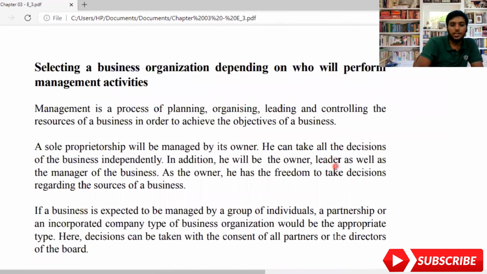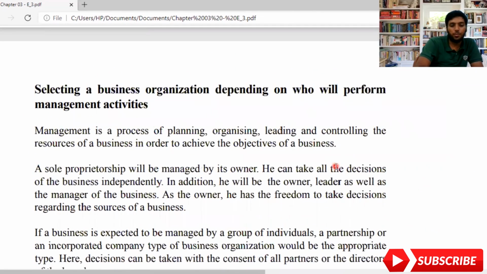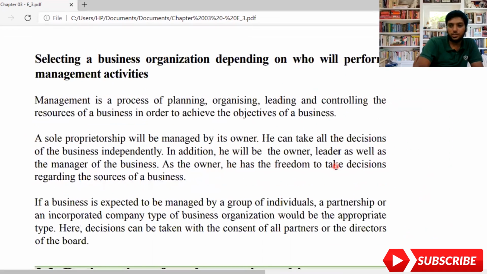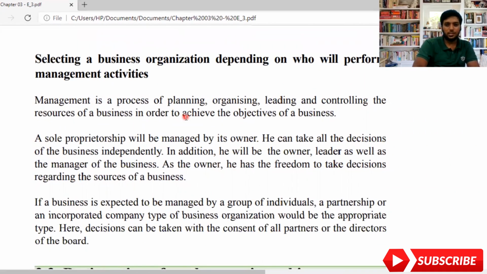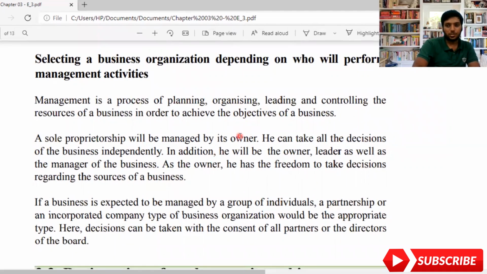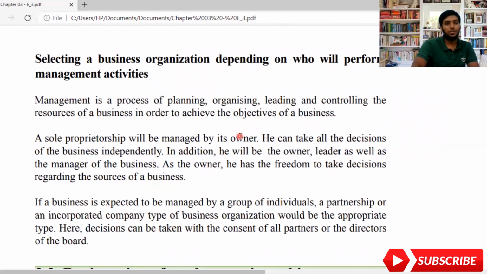Then selecting a business organization depending on who will perform management activities. Let me read this, I think it's very important. Management is a process of planning, organizing, leading, and controlling the business in order to achieve the objective of our business. Again, this is tested in chapter 2 of grade 11, management. In this topic you learn this definition. You need to have a plan, you need to organize properly, you need to have a leader to lead your business, and you need to have a proper way of controlling